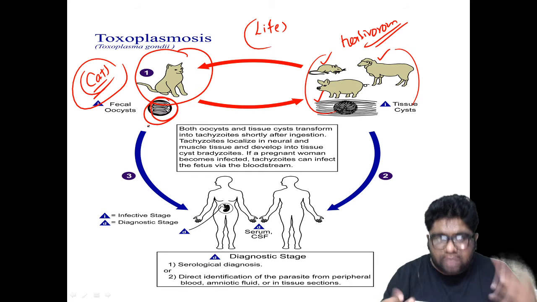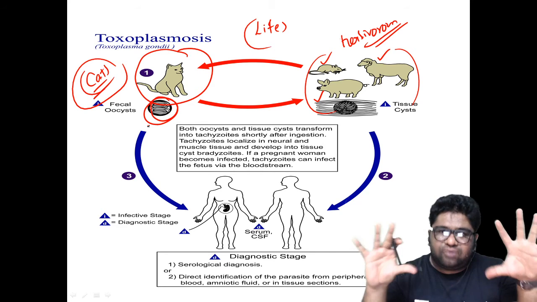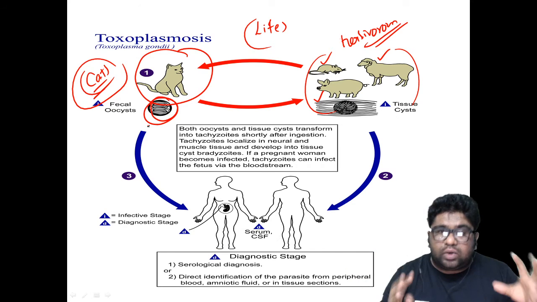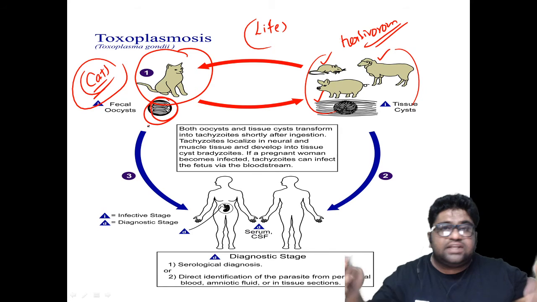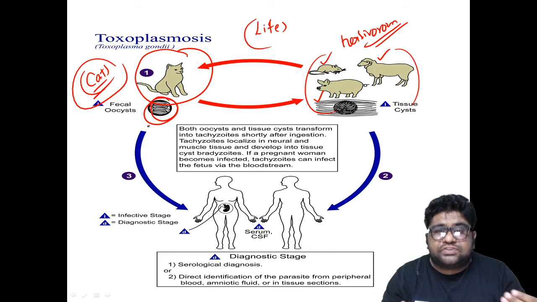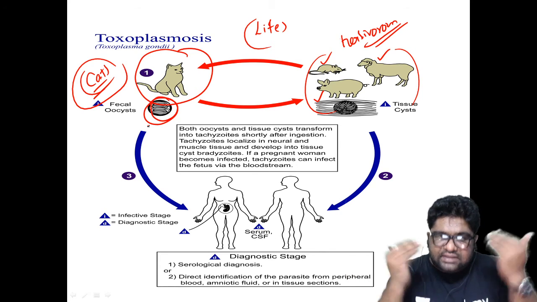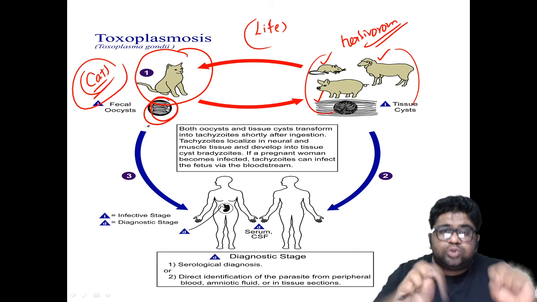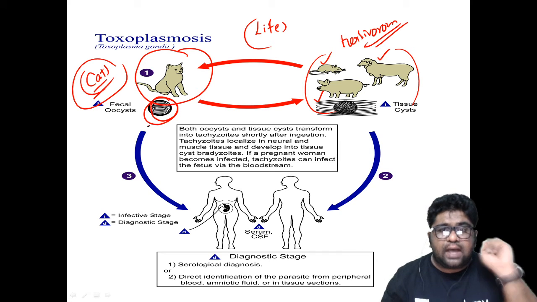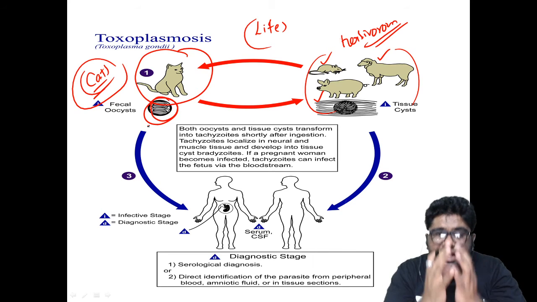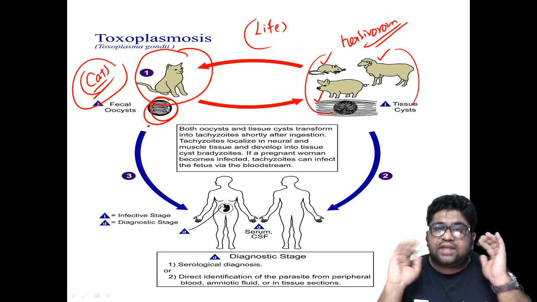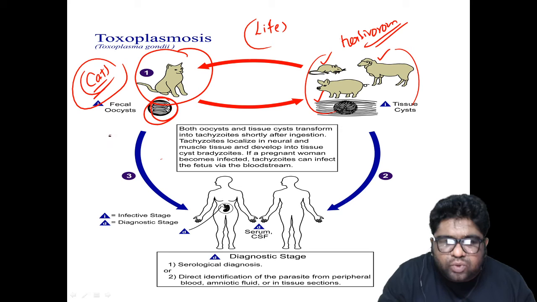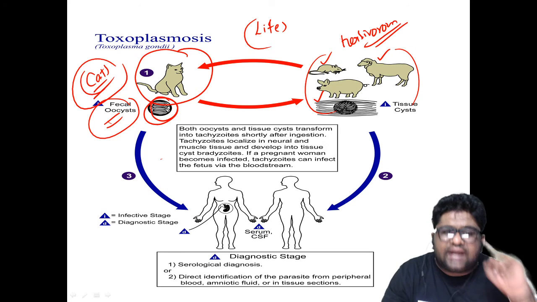I repeat once again, trophozoite is the active form. It can move. It does not have much protection. It does not have a very strong outer covering, but it is capable of moving either with the help of pseudopodia or with the help of specific locomotor organelles. These organisms in the trophozoite form are active in feeding, and they are the ones who cause the clinical manifestations by causing pathogenesis. Cysts are the dormant form. They are trying to keep the organism safe and alive and go for reproduction. Here, when I use the word oocyst, this is the dormant form and has come out of the cat